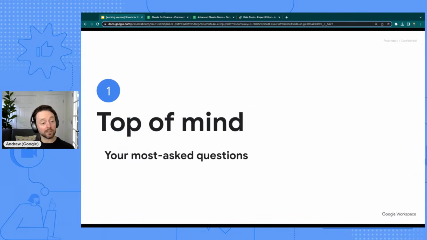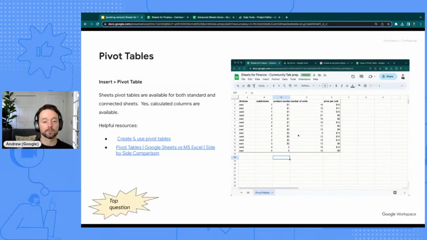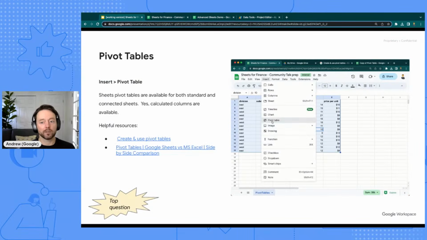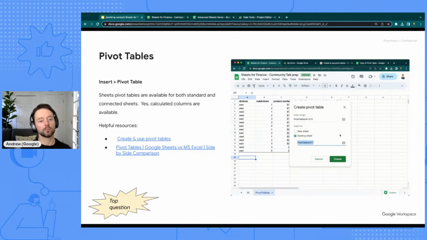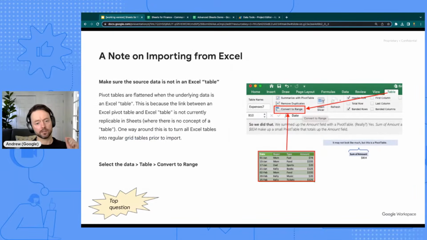Okay, so we've got 10 minutes left. I wanted to pull out some of the most asked questions that we got. Pivot tables. So we talked about these a little bit. We can do a demo. I don't know how necessary that will be, but one thing I really want to get out there is importing